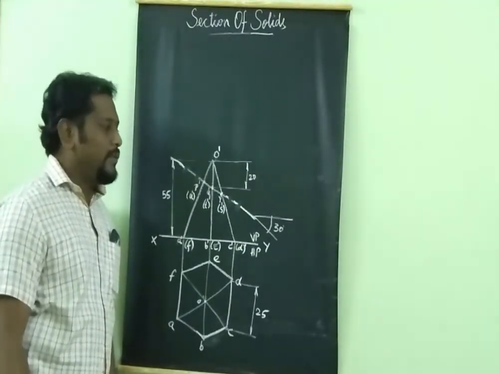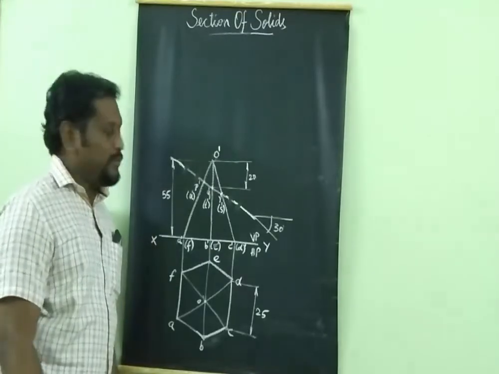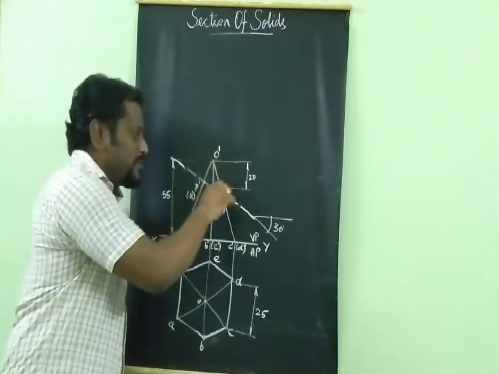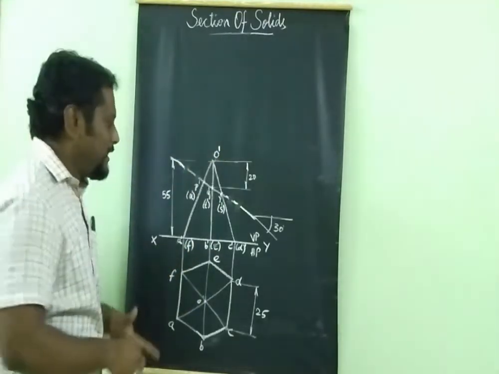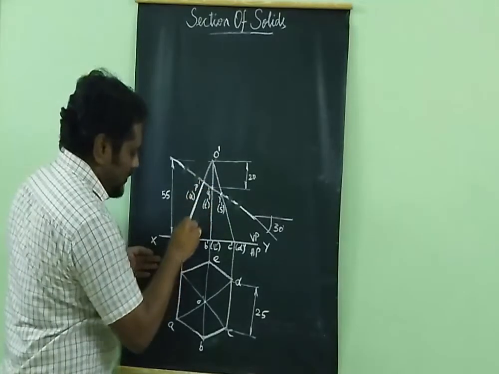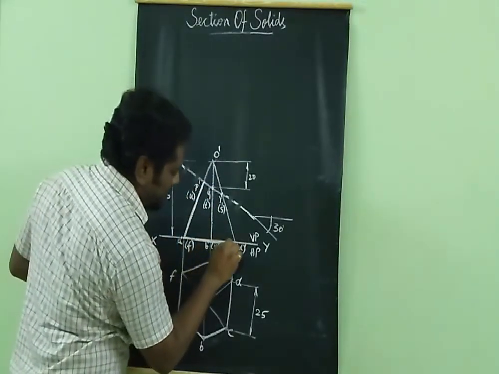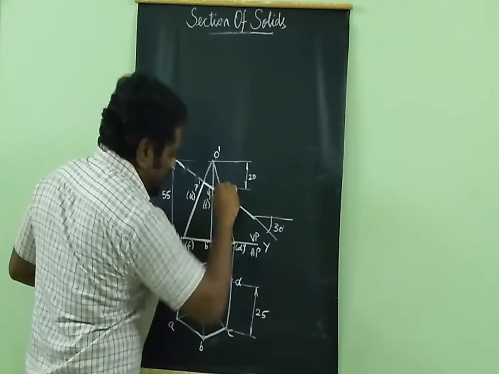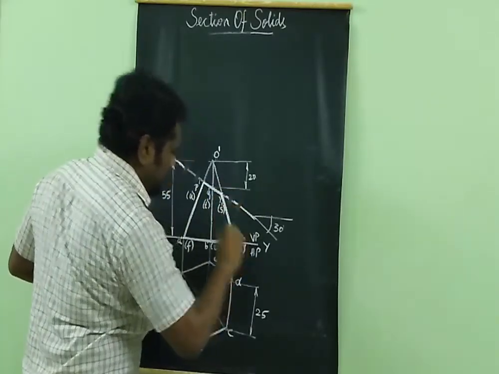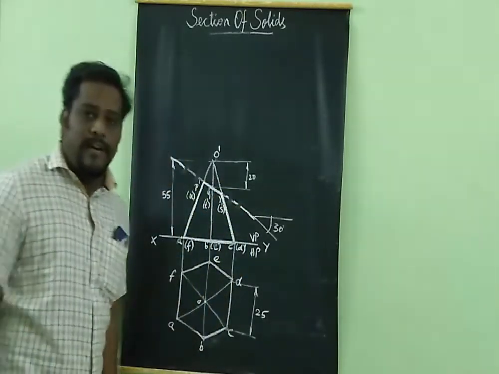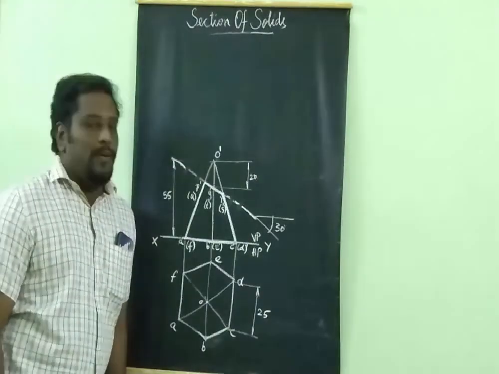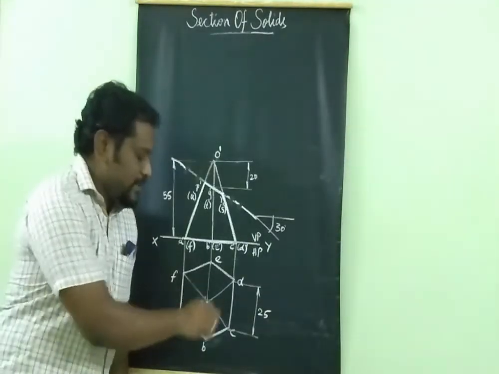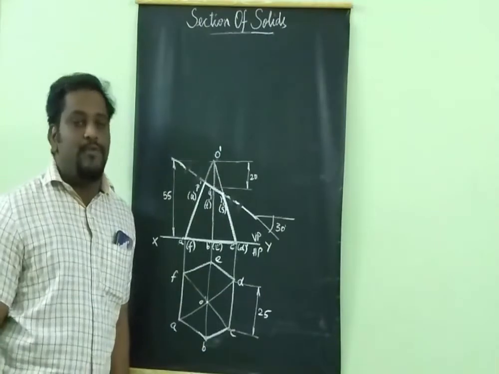Next thing, you have to draw the front sectional view. To draw the front sectional view, this portion gets removed and the balance, remaining portion has to be thickened with your H pencil to mark the front sectional view. This is your front sectional view. Then now you have to draw the top sectional view. To draw the top sectional view, what you have to do?